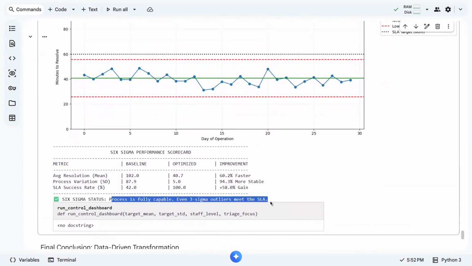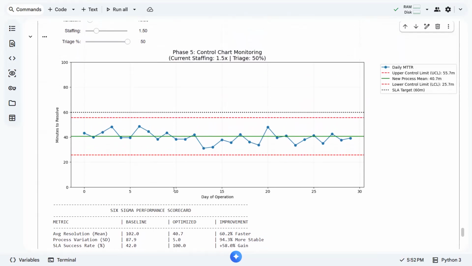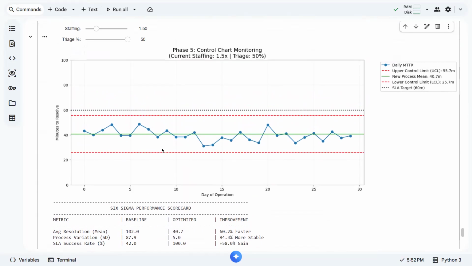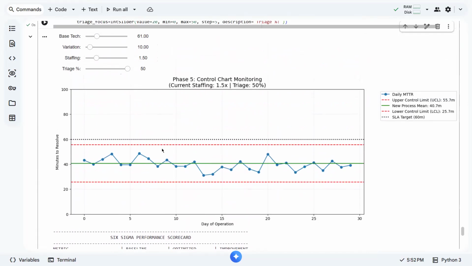The process is fully capable, even 3 sigma outliers meet the SLA. So this is 3 sigma above the mean, and 3 sigma below the mean, the green line. So now we have a better result here.